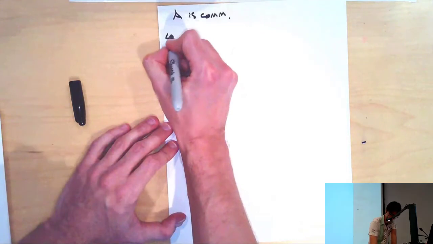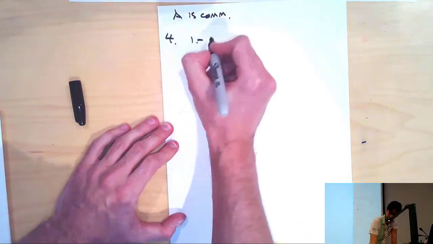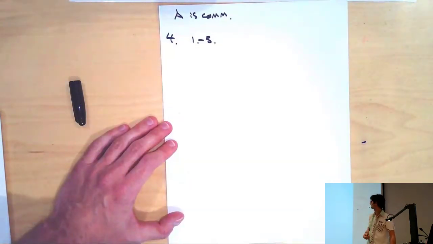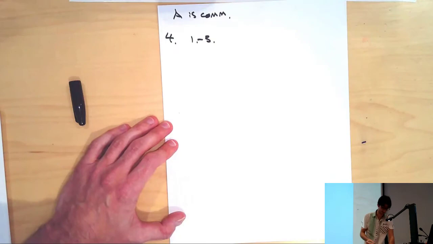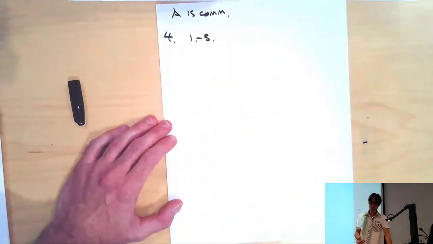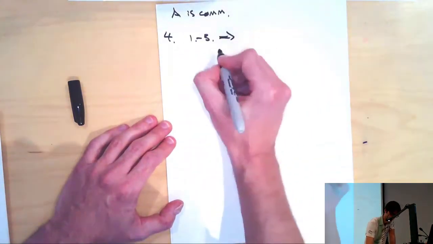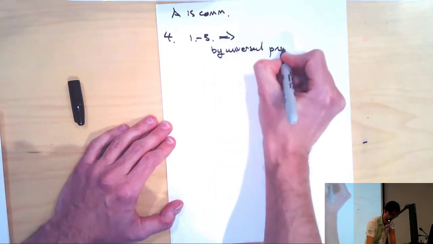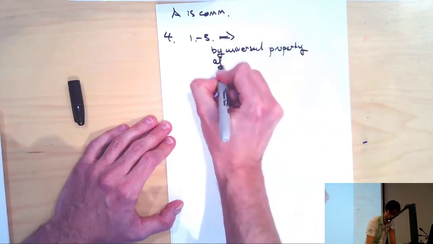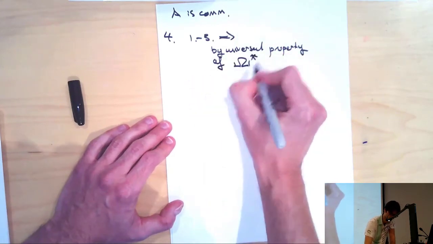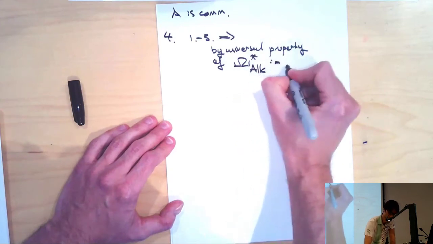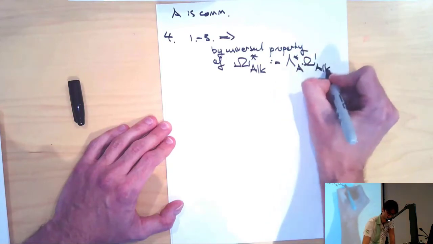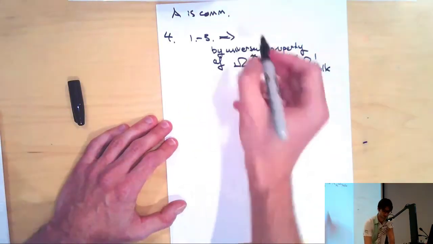And so putting some of these things together, if you look at all of 1 to 3 together, I guess, okay, I've started the board with A as commutative, that I'm going to assume now. Then these first 3 properties imply, by the universal property of differential forms, that I form this wedge algebra on omega 1 of A over K, and by the universal property that satisfies, I get for free